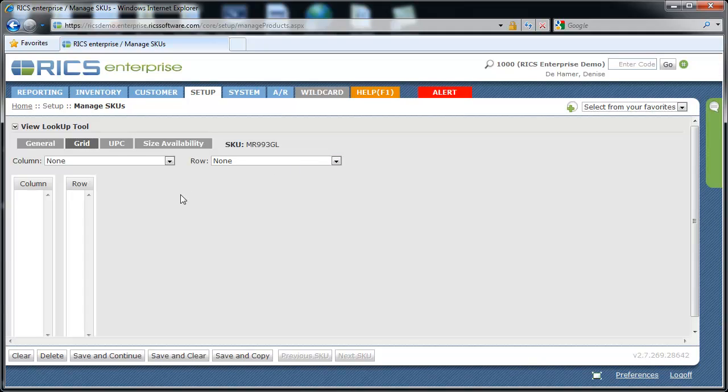So this is where I assign it the size grid. This is a very important part of creating a SKU. Now if this SKU had no size grid, like if it was a jewelry item and it didn't come in sizes, you don't even have to go to the Grid tab. You would just leave that alone and then you could save your SKU. This would be more if it is a shoe or a piece of apparel